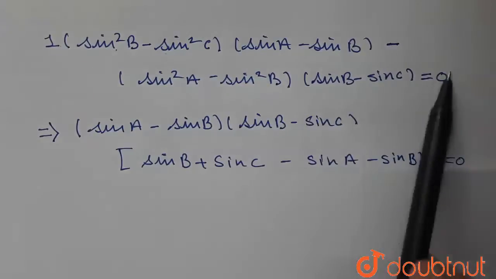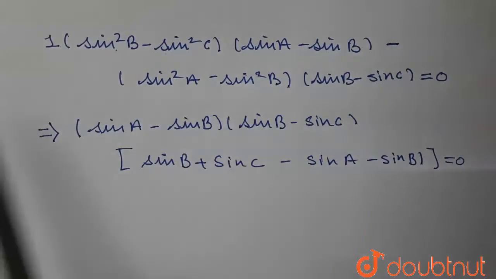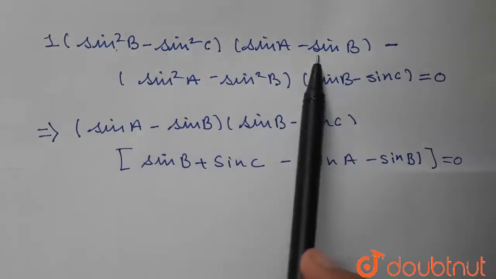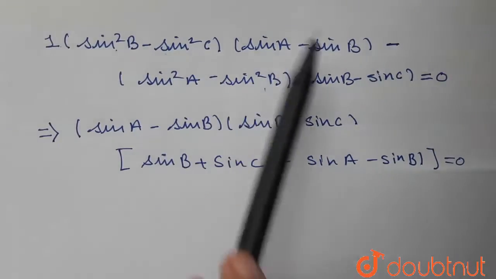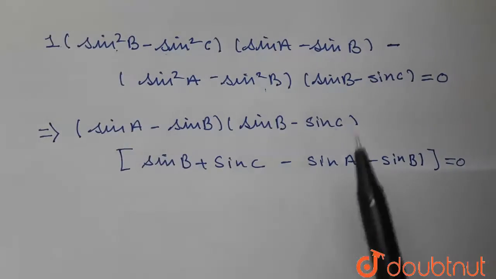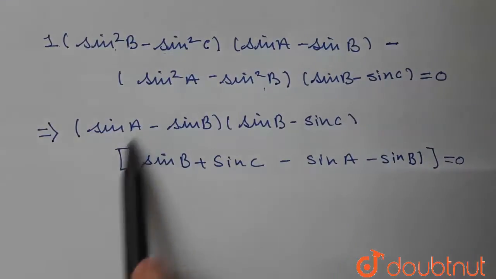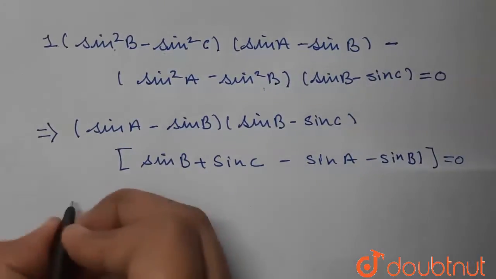Here also we are having sine B minus sine C, and here also sine B minus sine C. So one time common. So here we will be left with sine B plus sine C, and here also sine A minus sine B into sine A plus sine B. So one time sine A minus sine B will also be taken out common. Then inside the bracket we will be having these things. Okay, so this will be equal to